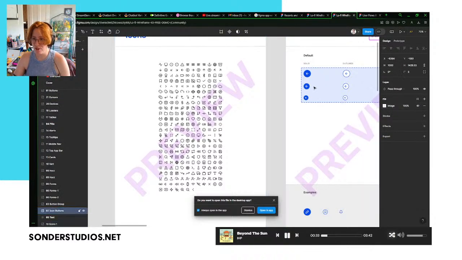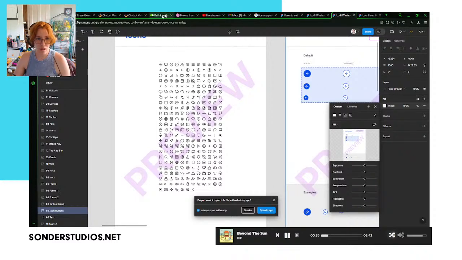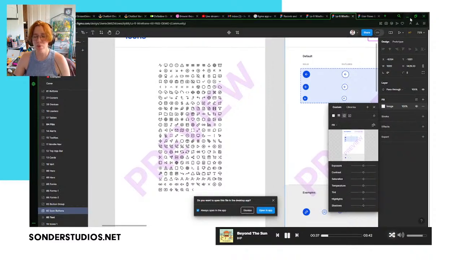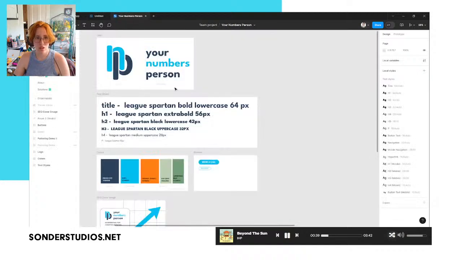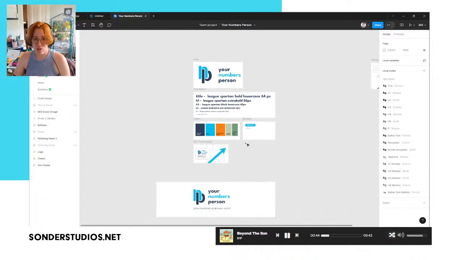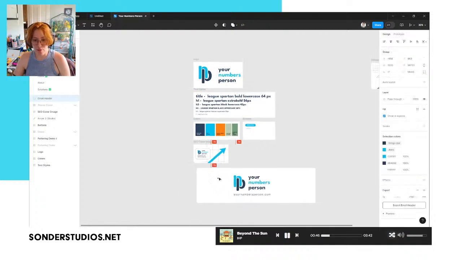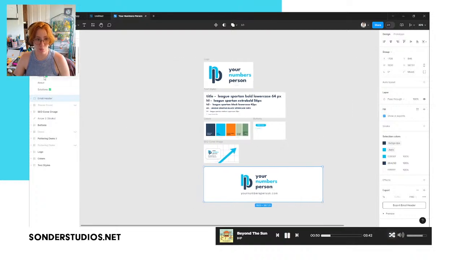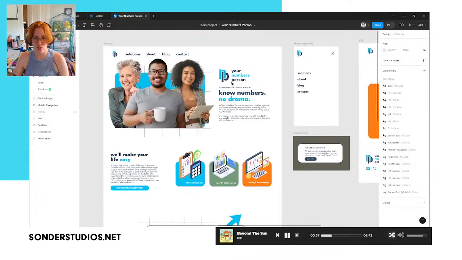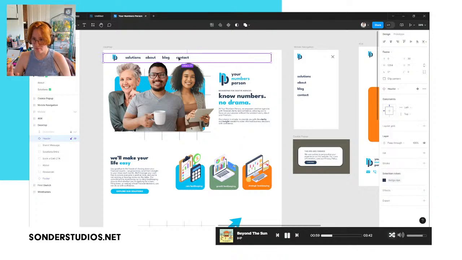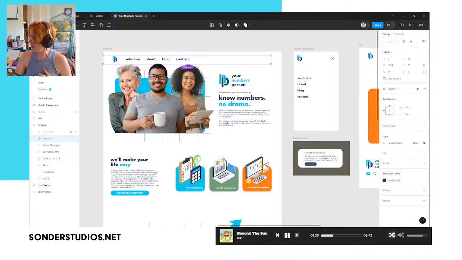So another cool thing that Figma can do is that it can... How do I even explain this? So going back to my example over here, as well as saving all of your different styles as variables, you can also save certain elements as variables. I don't think I actually put this on the components sheet for this client, but I did put it on the home page.